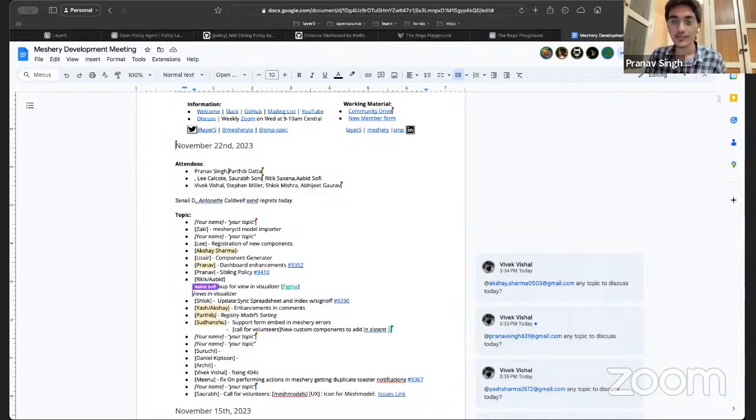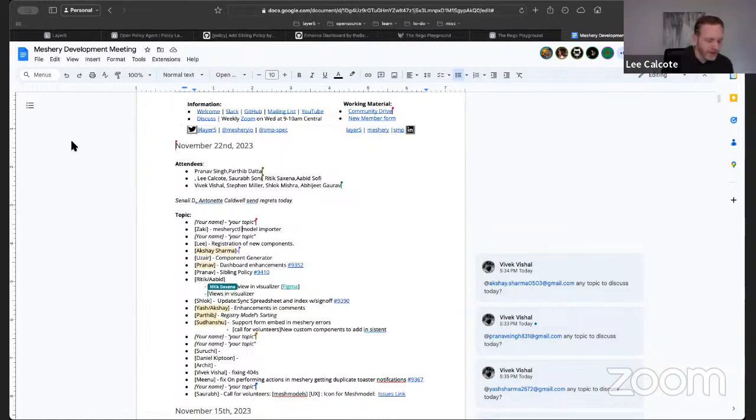Okay, so that means we can start with our first item, which is the Meshery model importer from Zaki. Oh yeah, we don't have Zaki on just yet. Actually, we have a couple of topics around components.